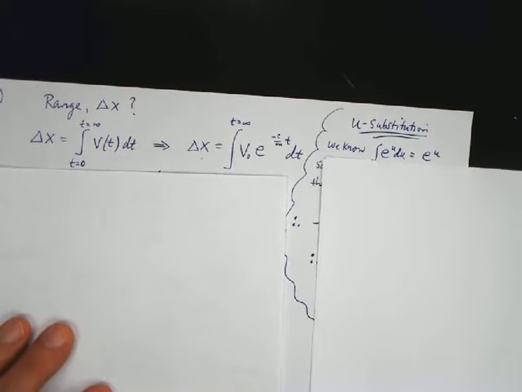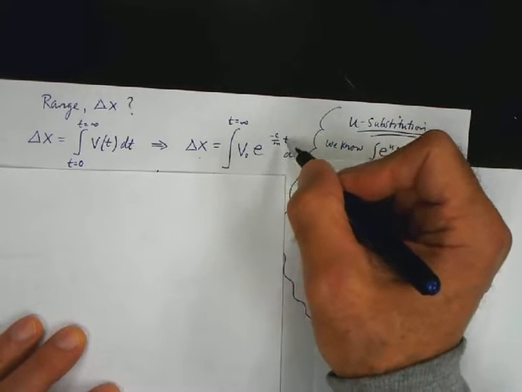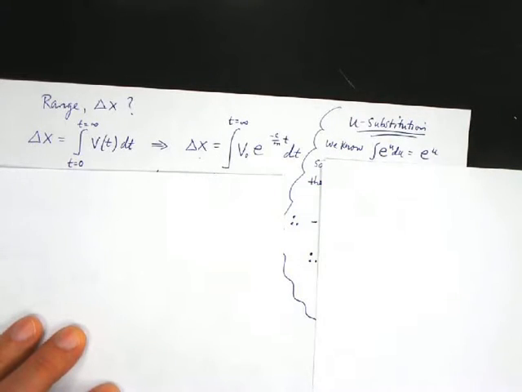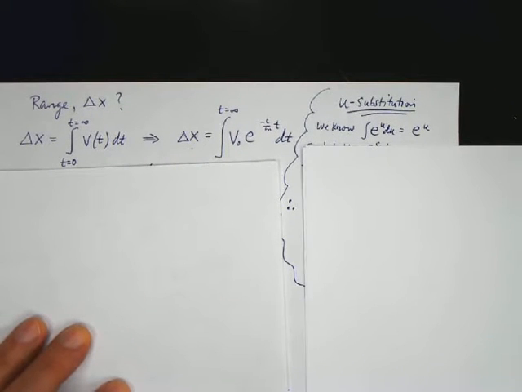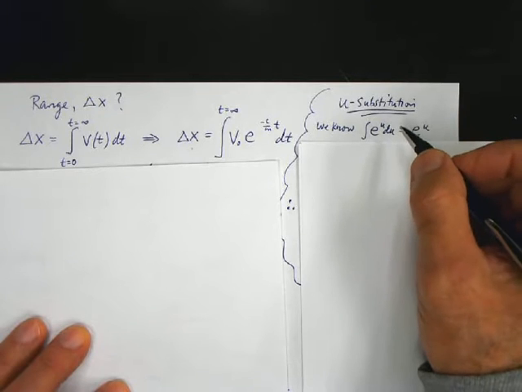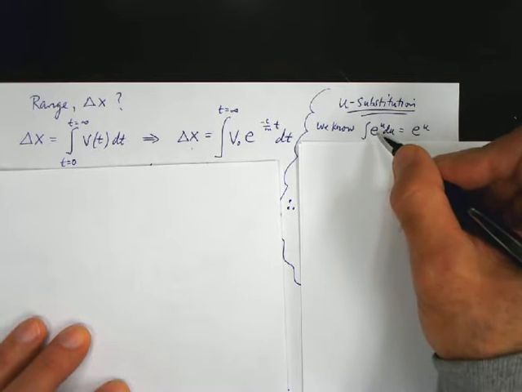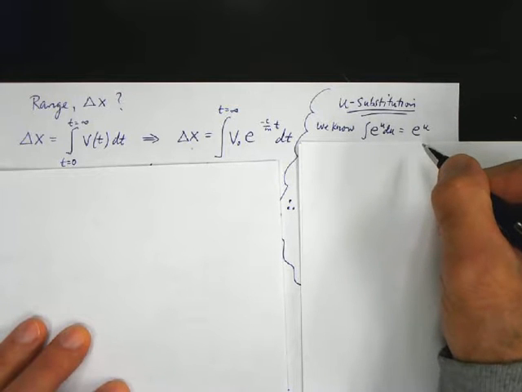And that looks fairly complicated, doesn't it? However, we can make it look a lot simpler and much more doable if we think about substituting a u in for this complicated looking stuff right here. So we'll use what's known as u substitution. We already know from our logarithm formulas that